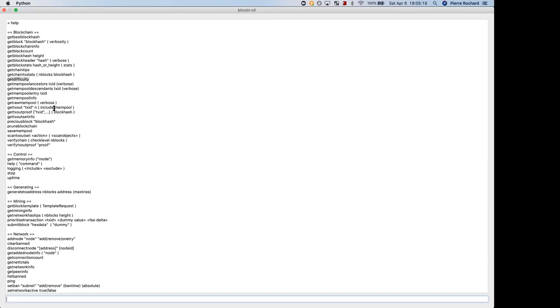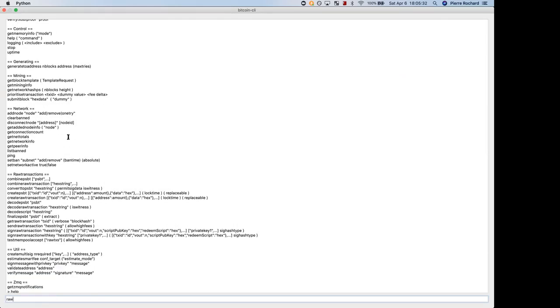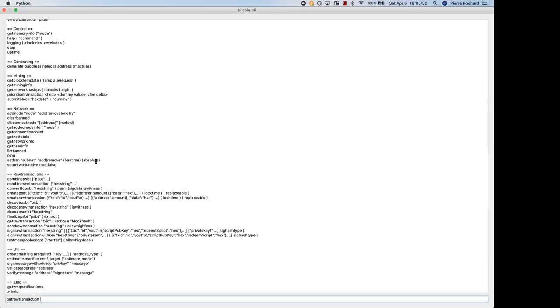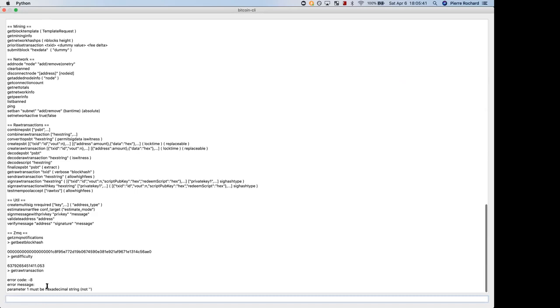But I think you can still use this for doing things like getting a transaction. So if I do, let's see, I forget what it's like, raw transaction, get raw transaction. Yeah. So here you can use this command to get information like you would off of a block explorer, right? Put in the transaction ID, and instead of querying someone else's full node, you're querying your own. Anyway,